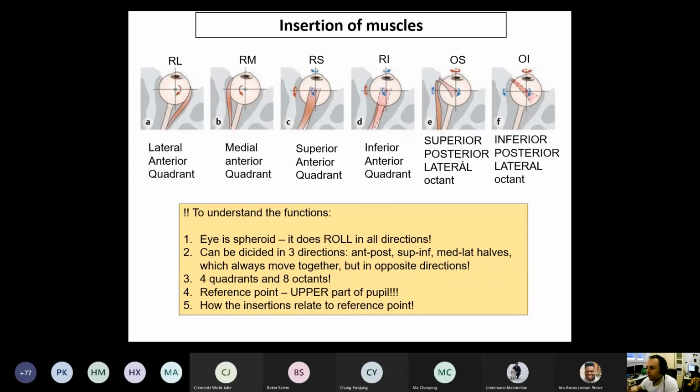So you always have to consider which way the insertion of the muscle does move and in what relationship does it have with the movements of the reference point. I can only hope that you clearly got the message of this. Okay, so